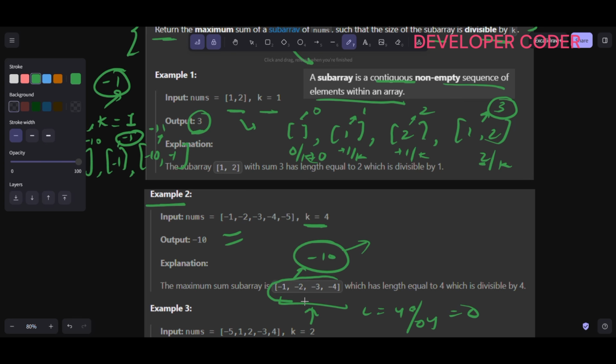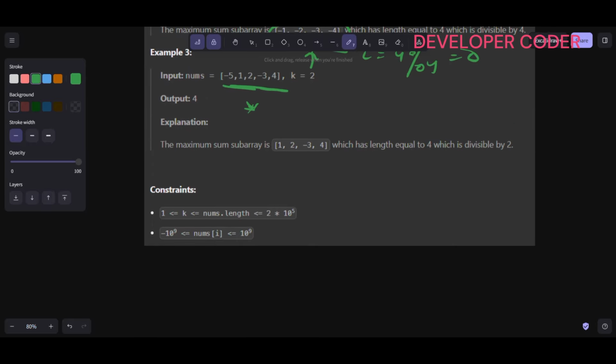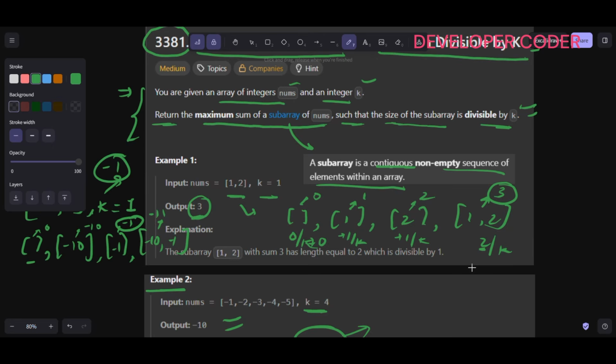Sum of all the elements in the subarray. This is what I'm doing, right? I'm calculating the sum of all the elements in a subarray. And you know one thing, what is a subarray? A subarray is nothing but a continuous non-empty sequence of elements within an array, right? So